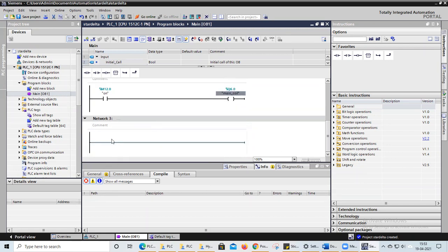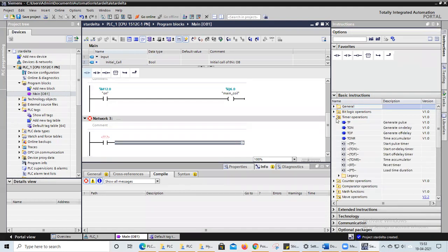Before the main coil, I will use one more circuit here. Here also I have to use the on switch, and I said I want to use one timer circuit. So I will use one timer coil here. In the basic instructions, you can see some operators. The third one is the timer operations.